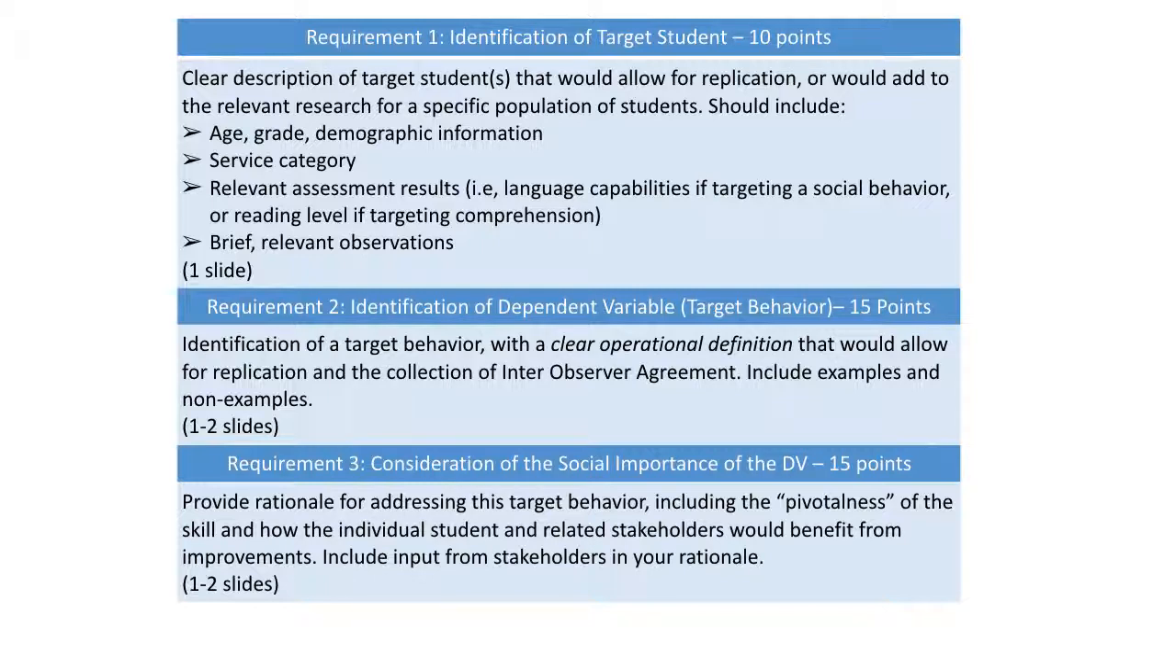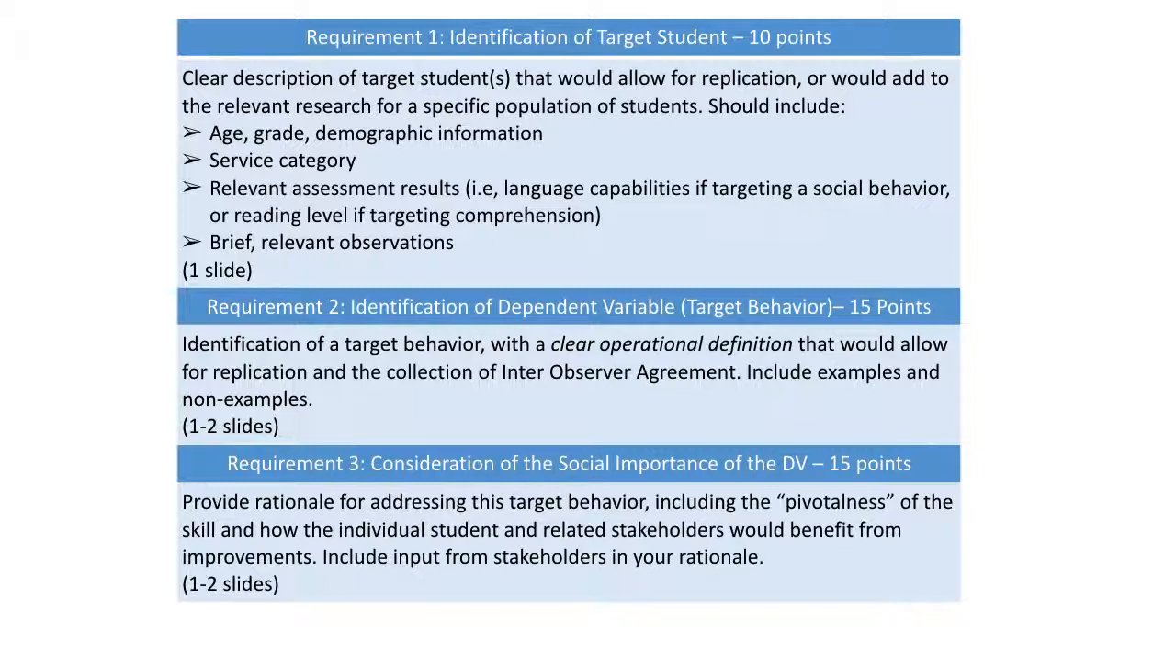I know that some of you are considering using response classes of behavior, that is, behaviors that are similar, connected, things like having a conversation or responding to a peer, in which waving might count, making an appropriate on-topic comment might count, saying hello might count. That's fine if you're going to use a response class of behaviors. Just make sure that you define specifically what behaviors would be considered within that response class. Okay, so requirement number two is that you provide a clear identification of your target behavior and a clear operational